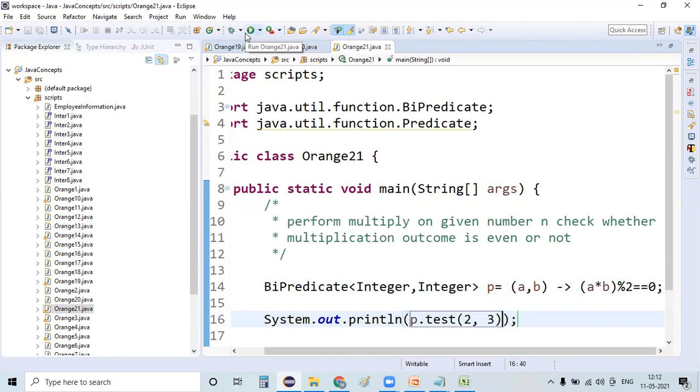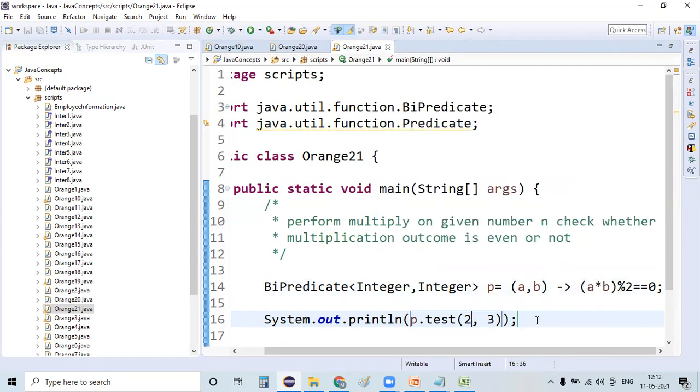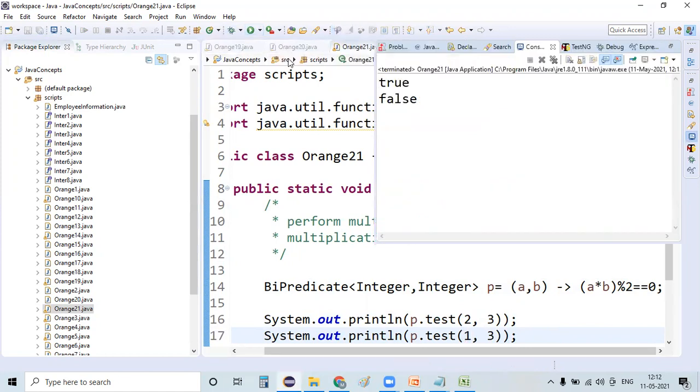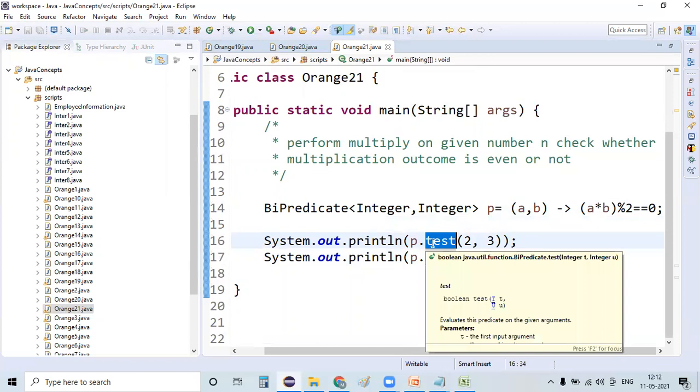Let me run my test script and see the outcome. See, the outcome is displaying 6. 2 into 3 is 6, and it's an even number. Suppose I pass another set of arguments, 1 comma 3, and run my BiPredicate. See here, the second outcome we are getting is false. Perfect. So this is the test abstract method that we have in Predicate.